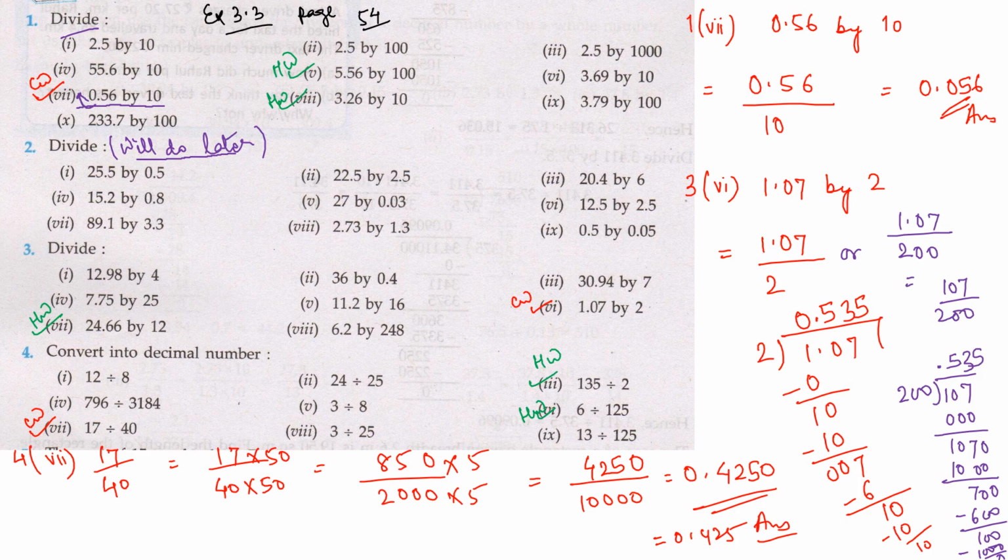Now division by whole numbers, 1.07 by 2. So divide the way as it is given. I have taught one more method. It's written here. If you can understand, you can do it that way. Otherwise, the earlier one is explained to you. Question number 4: convert into a decimal number. If you see, many numbers like 25, 8, up to 125, these can all be converted to 10, 100 and 1000, na? So that is fine. And if it is not converted like this, that we will do in the next class.